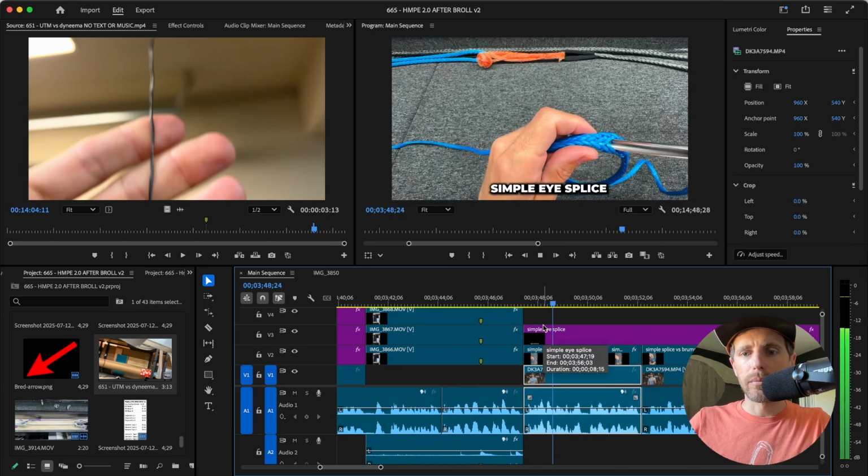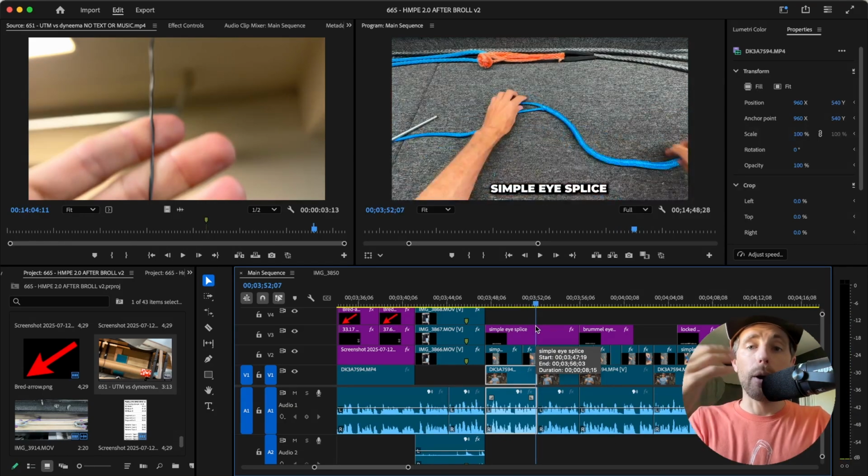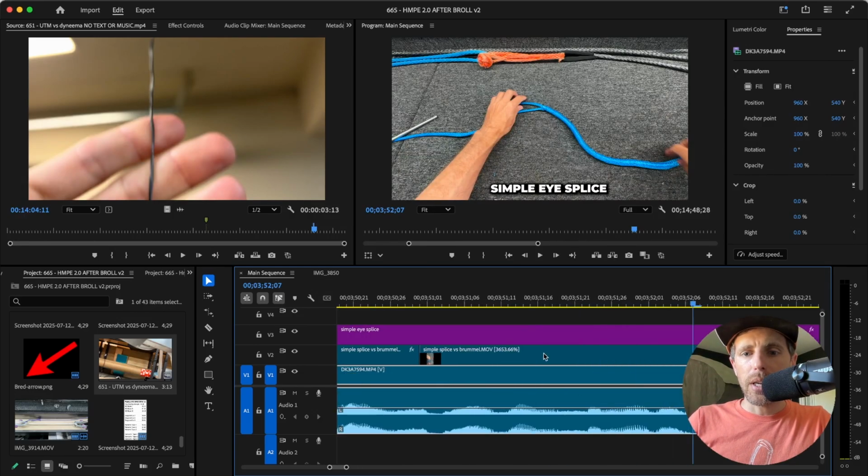A simple eye splice is where you just take the tail and you go straight down the center of it. Now I gave you this B-roll POV. I went and made it. So if you did not have this and you had access to the lab, this would be extremely helpful to do the thing I'm saying POV style, kind of at the tempo timing that you need it. But notice here is